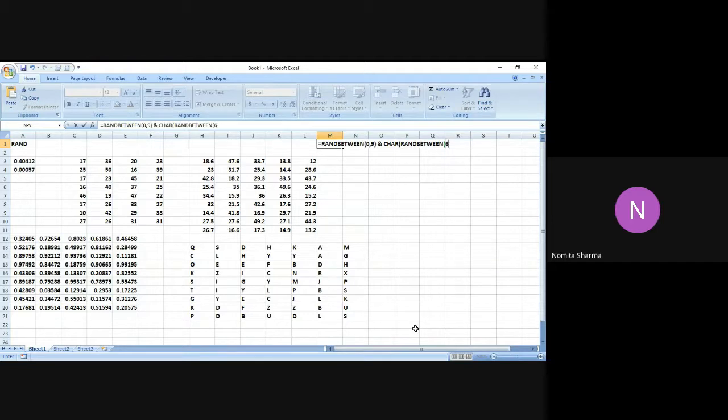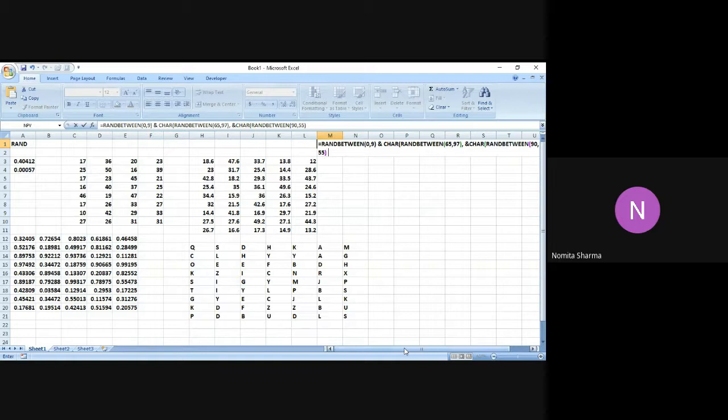So I say space and CHAR. Within CHAR, I use RANDBETWEEN. I write the numeric values which are basically representing an alphabet. So one CHAR I write, and then I say RANDBETWEEN. I mention the numbers over there. Then I further mention CHAR RANDBETWEEN, say 90 and 55.